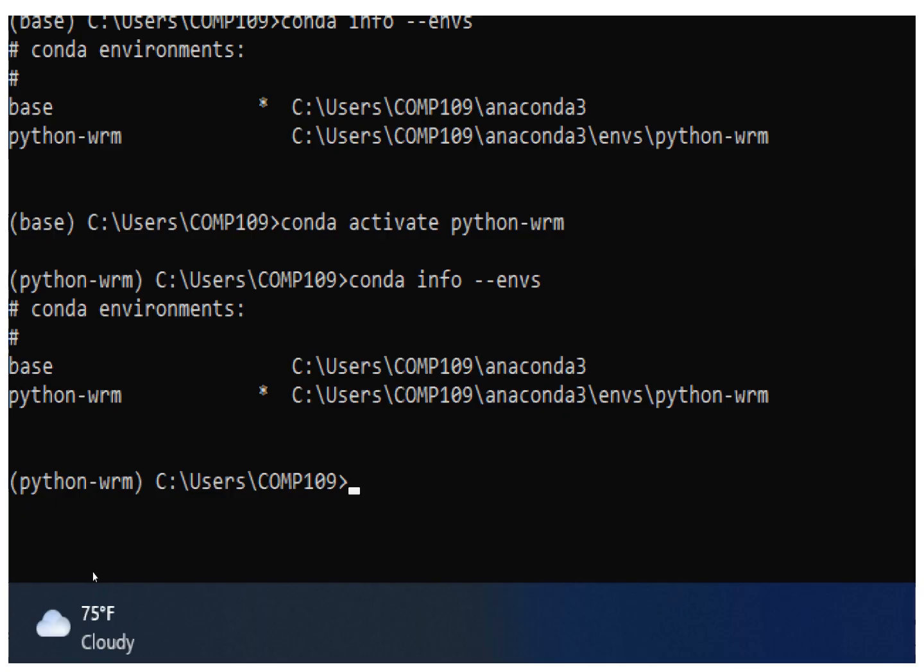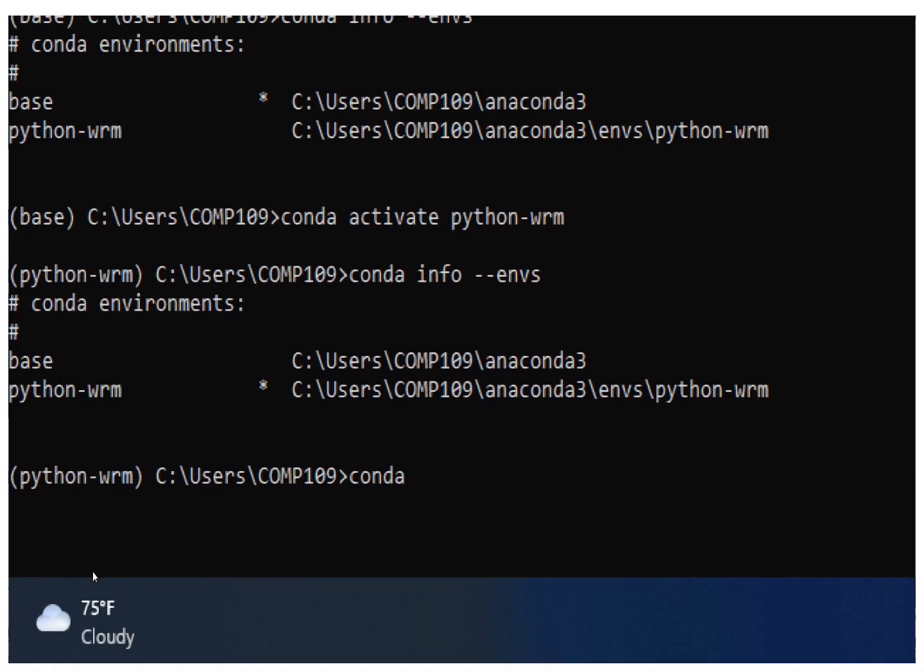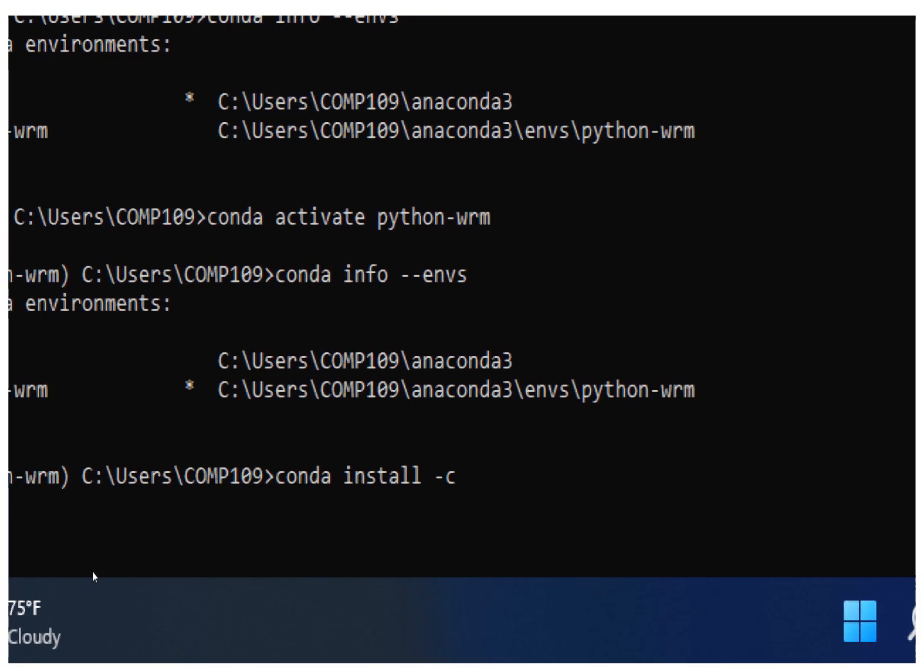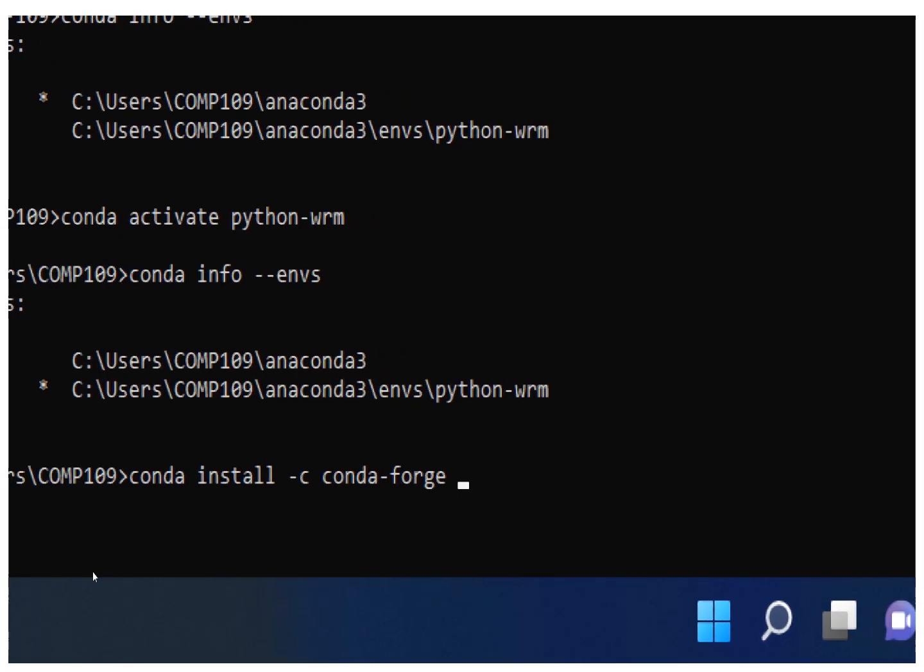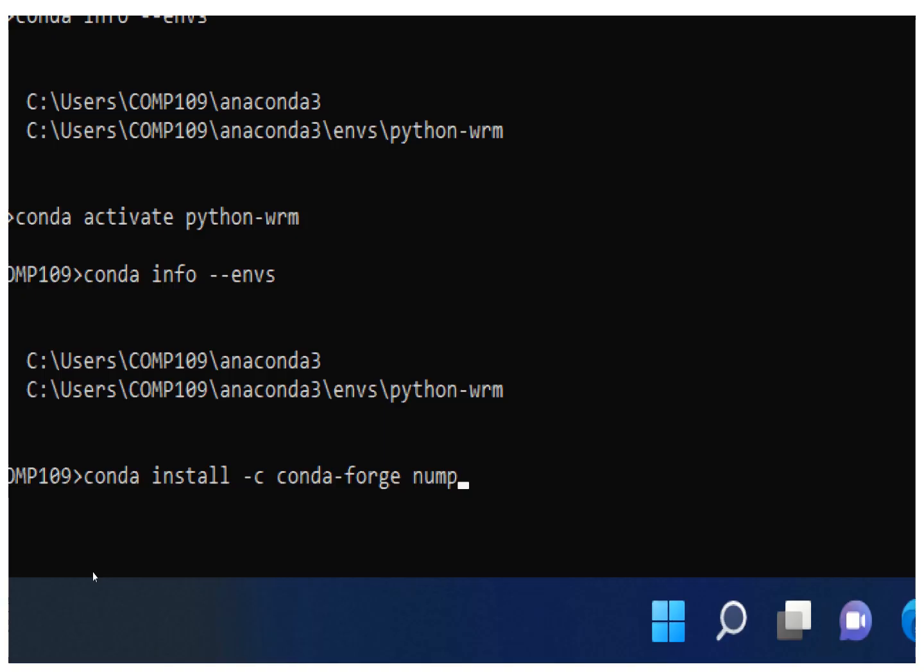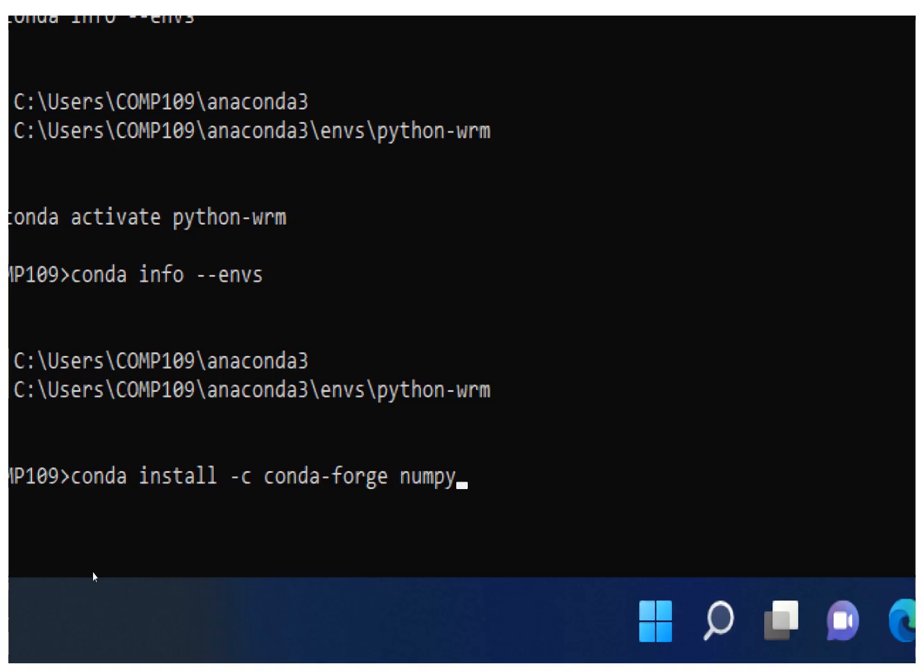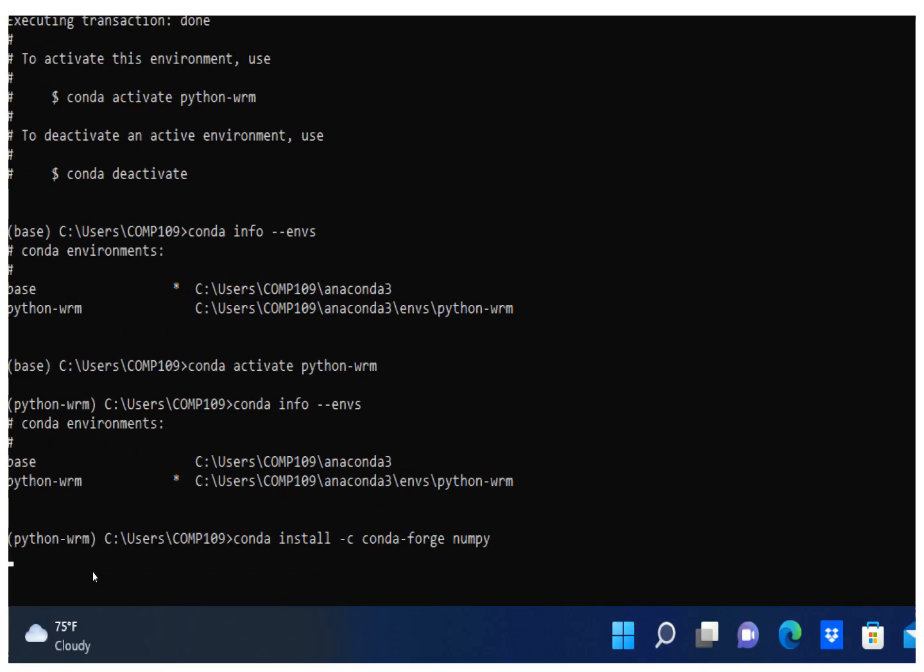So we have created a new environment with a specified version of Python 3.8, and then we have activated the environment. Now within this newly created and activated environment, we will be installing various Python packages. We can start with this command: conda space install space dash c space conda dash forge, and then the name of the package, separated by space. We will install numpy to start with. So when you press enter,